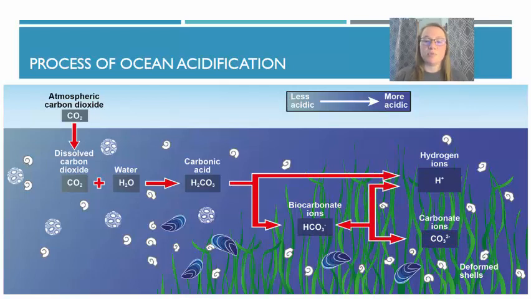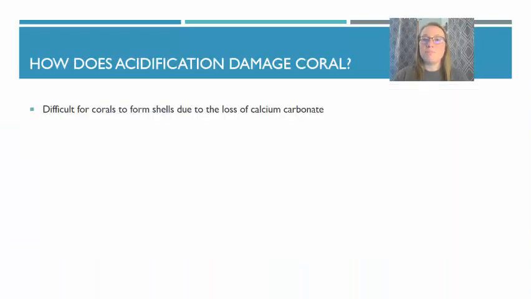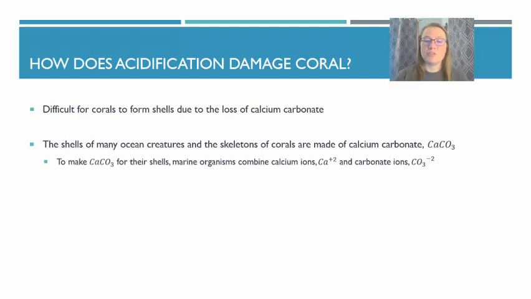Now this impacts the marine organisms that rely on calcium carbonate, and they rely on a consistent pH in order to do normal life function. So one of the big species that we are focusing in on here is coral. When you have ocean acidification, it makes it really difficult for these corals to form shells, and that's because we're losing that calcium that they use to form calcium carbonate. And calcium carbonate is that skeletal system that they have. So the shells of ocean creatures are made of calcium carbonate, and in order to make the calcium carbonate, they have to combine calcium